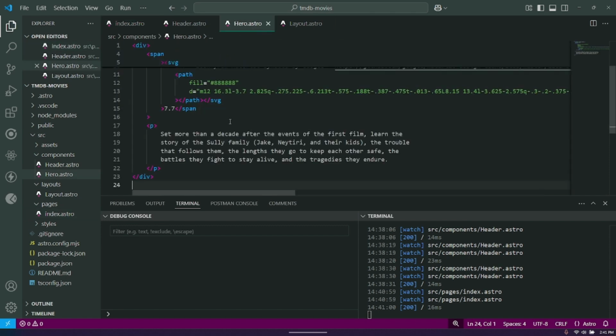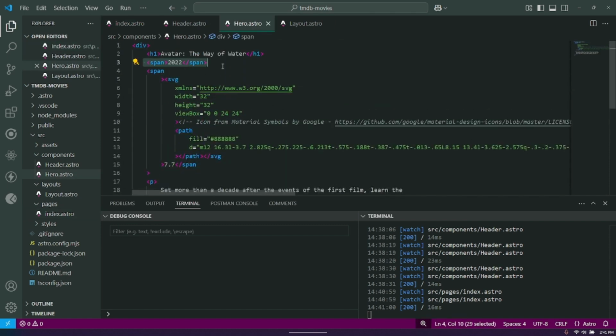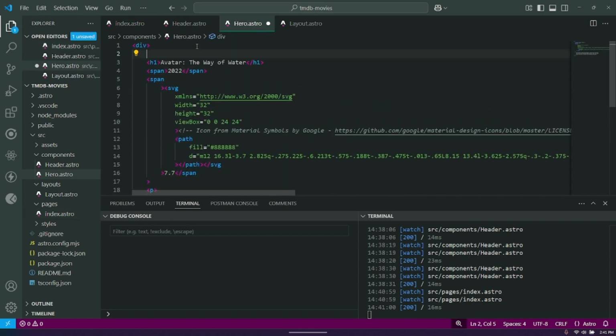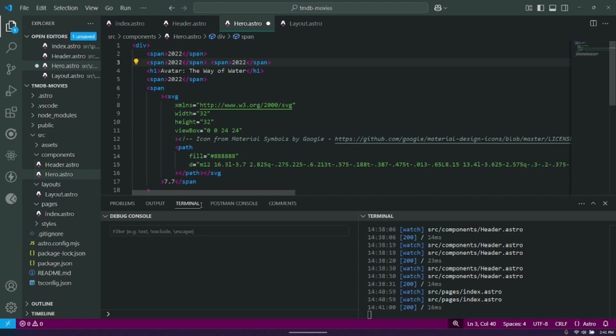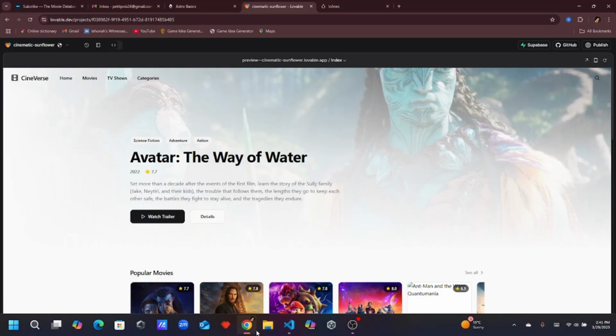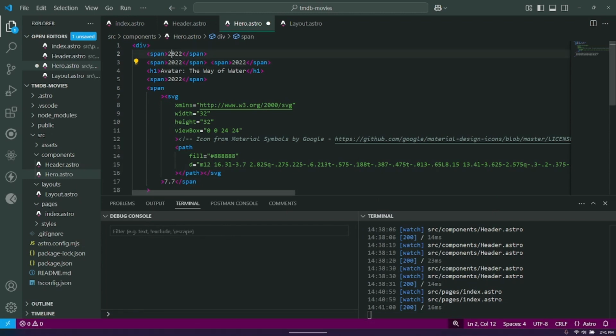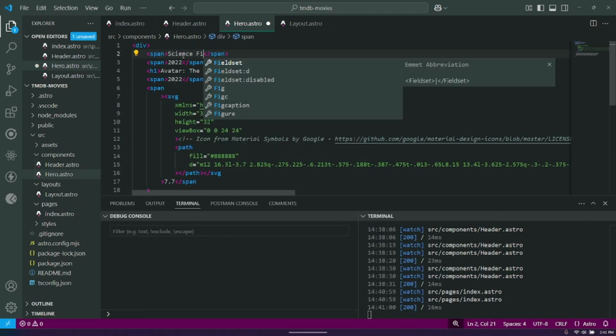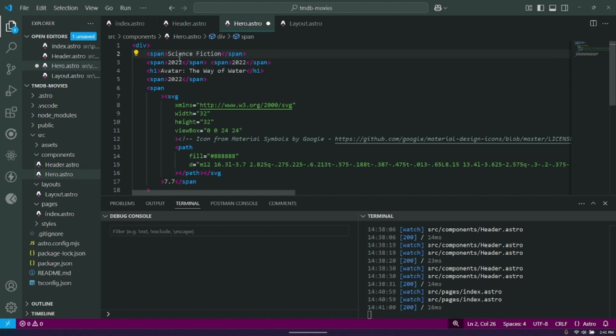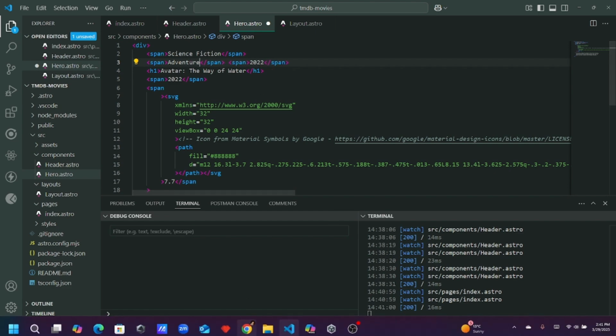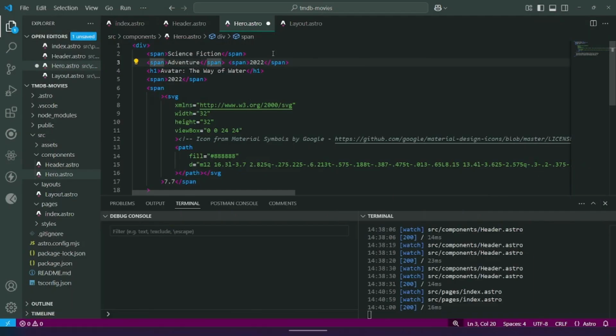Go back into the hero, copy the span tag, and we'll have a span, and that will be science fiction, adventure, if I can spell it. And what was the last one? Action. Okay, so we have those,